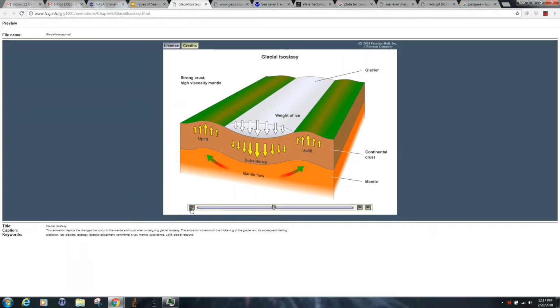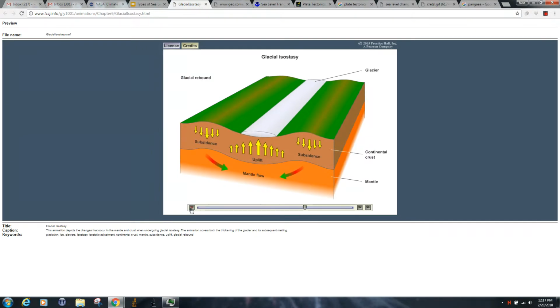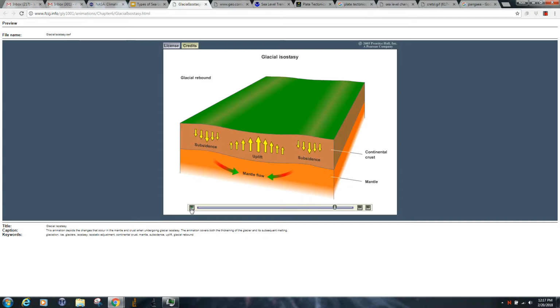Over time, of course, the glaciers melt, and as they melt, you're going to get uplift underneath where the glacier was. That's also referred to as isostatic rebound, and then subsidence in places that had uplifted before. And again, the mantle flow can be affected again. All of which is to say that, as you take a glacier off, you're adding fresh water to the ocean, which raises sea level